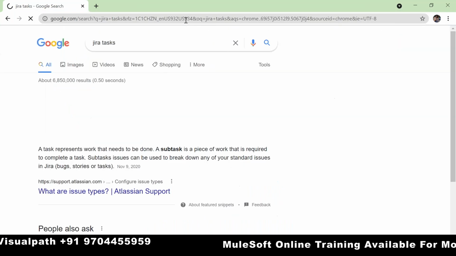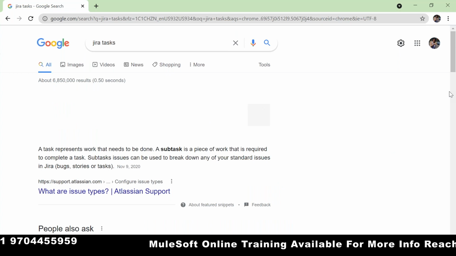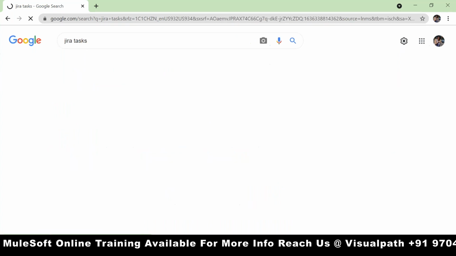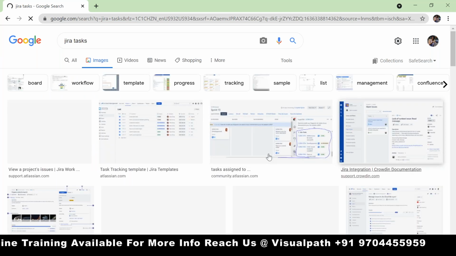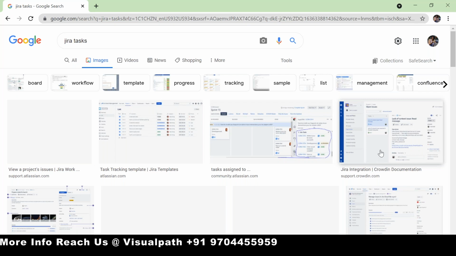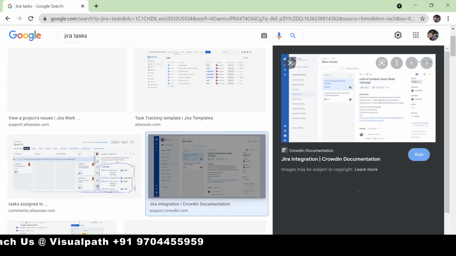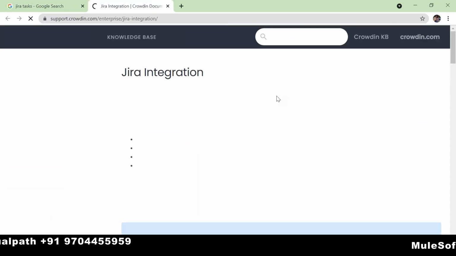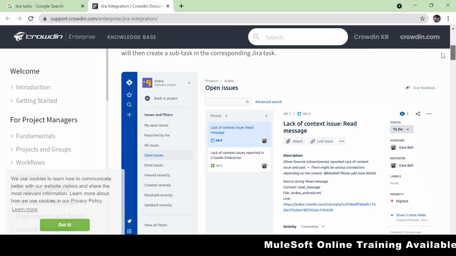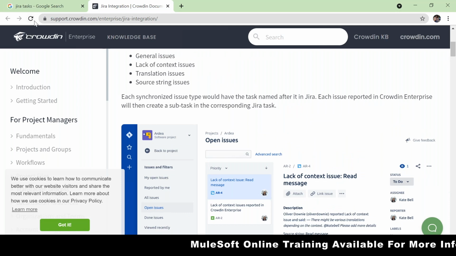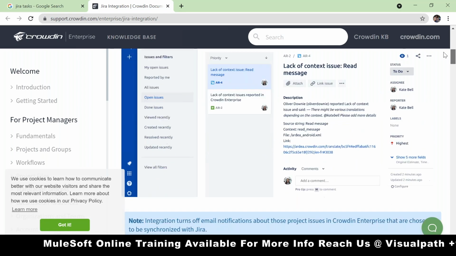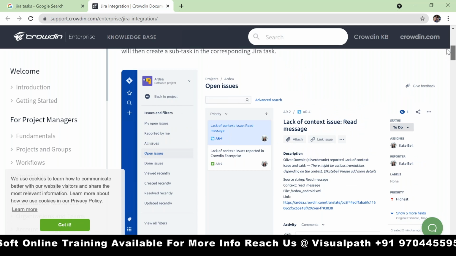Jira tasks. Can you click on the images? Sure. So you can see the task is going to look like the fourth item in the top two. Yes, the task is going to look like that. You have to maximize that image to see it. The description, the assigner, and everything else will look that way.